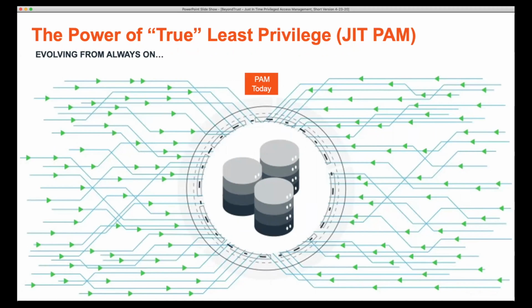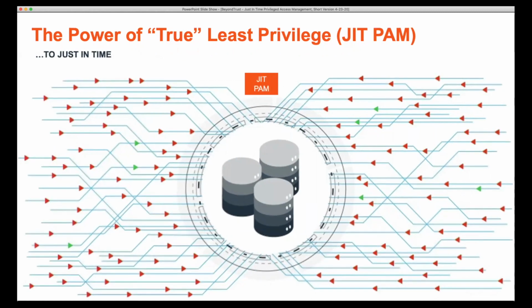Think of all of the always-on accounts that you have in your environment, all of those green triangles. That's every single one of them. The goal is to only allow a few of them. Now, the question is why would you only have a few? Certain things like service accounts always have to be on. It's the nature of the service account. So you'll never be able to completely remove them, mainly from machine-to-machine type identities. But anything from a human standpoint, you could certainly leverage the power of just-in-time PAM to make that happen.